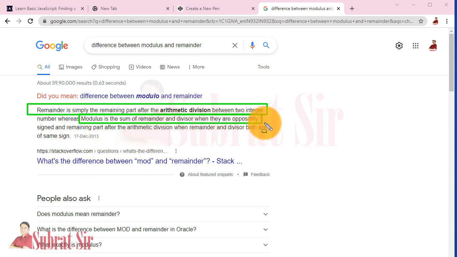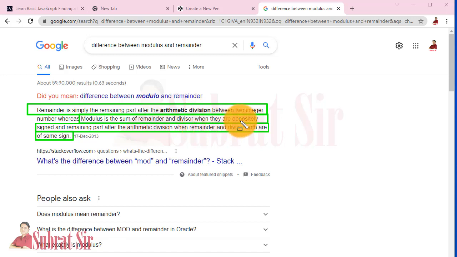But modulus is the sum of remainder and divisor when they are oppositely signed, and the remaining part after the arithmetic division when remainder and divisor are both of the same sign. So watch it carefully. When both are of the same sign, modulus and remainder are the same.